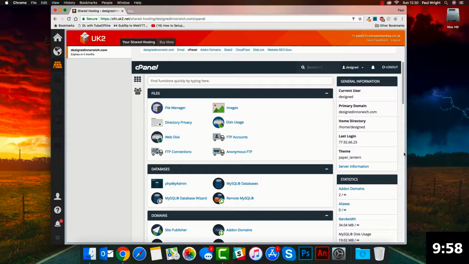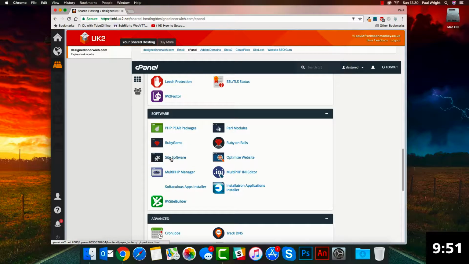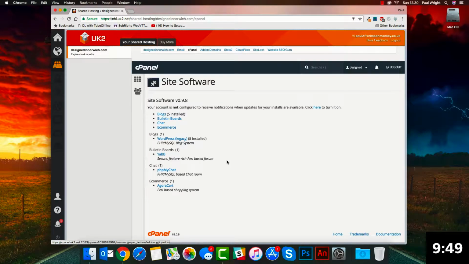So the first thing you want to do, if you're in your cPanel, either on UK2 or somewhere else, is go down to the section that says Site Software. So here, we click in here, you can see everything that I've got installed. We've got WordPress, got 5 installed here, Legacy, should update them soon. You click in here,